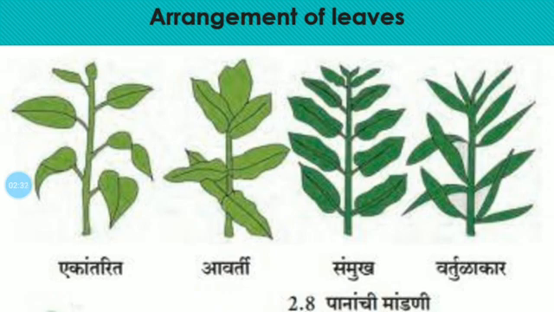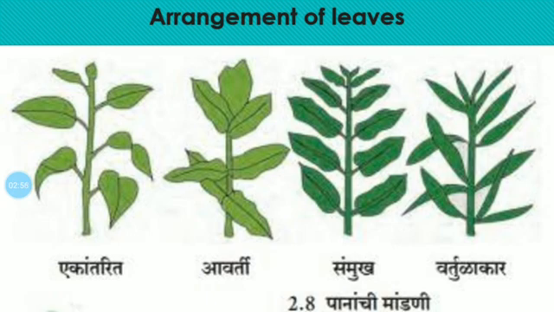So the arrangement of the leaves on the stem is different in different plants. Okay, it may be alternate, opposite, whorled, or spiral, etc. See, that are present in the